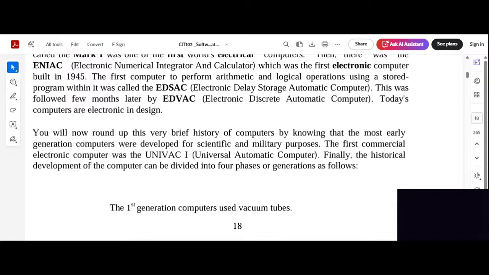ENIAC was the first electronic computer. Then the first computer to perform arithmetic and logical operations using a stored program, a program that has already been stored in it, is the EDSAC, after which they produced EDVAC. Then you need to know that all those computers we mentioned were concerned with science and improvement in science